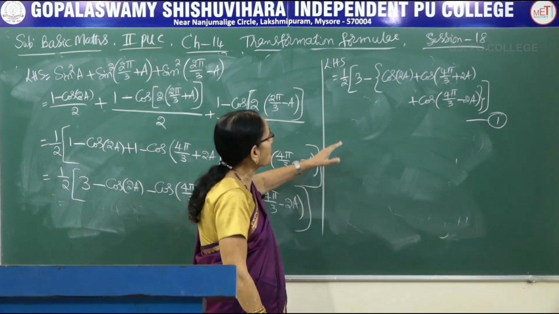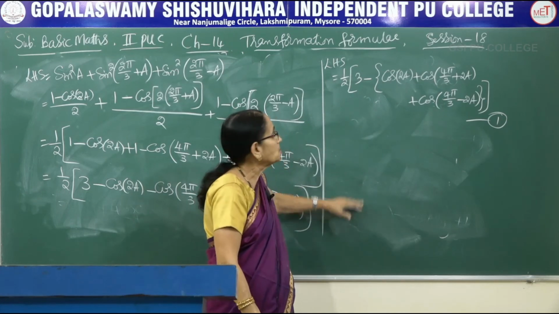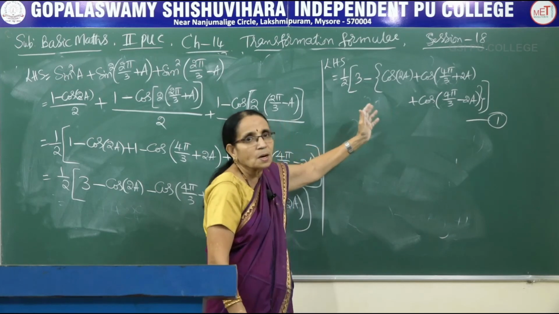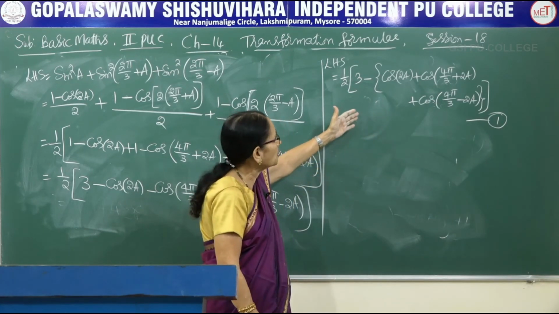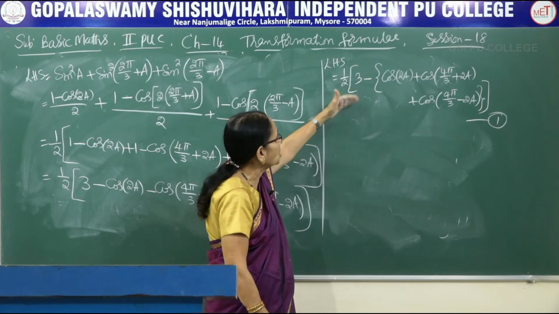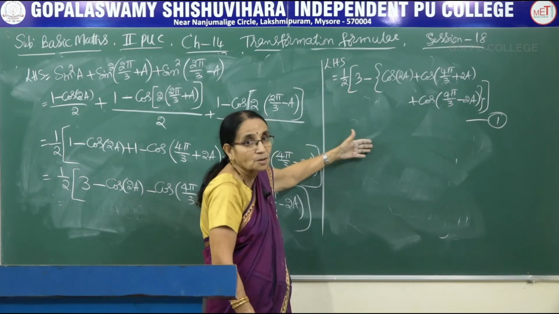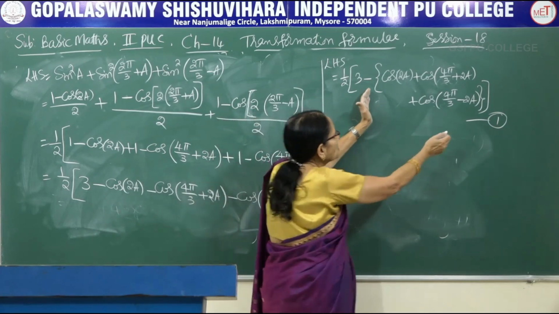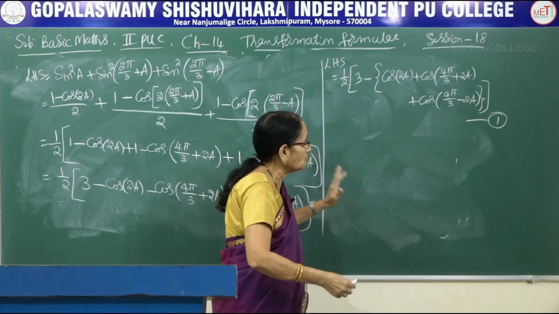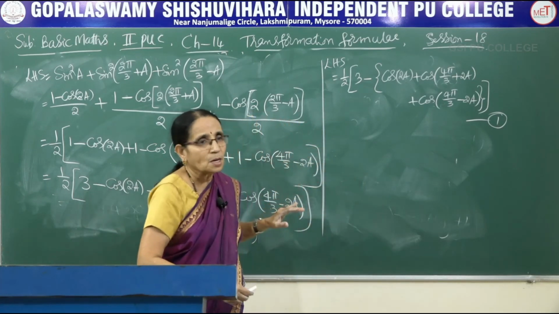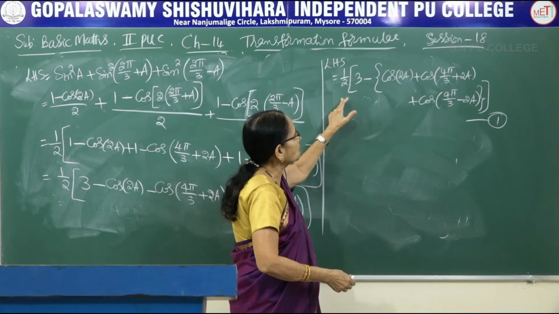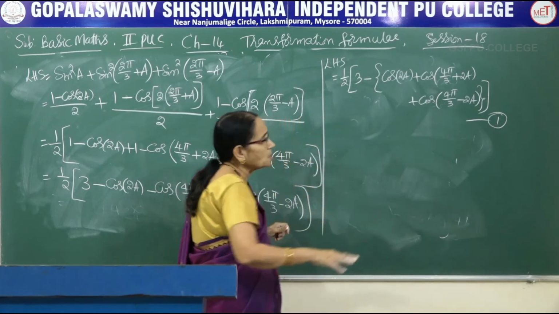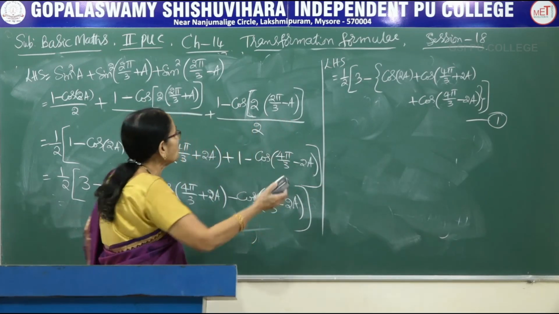The reason is, if you continue as it is, keeping this 1 by 2 outside, 3 inside, minus, of applying the formula cos C plus cos D formula, it would be lengthy, you may get confused. But if you omit one number in the next step, now you don't get the required result. That is why instead of taking the whole expression, only the flower bracket part we need, because we have to simplify that one. Look at this one. We want the answer 3 by 2. So all these things now they should get cancelled. Now consider only the part which is inside the flower bracket.